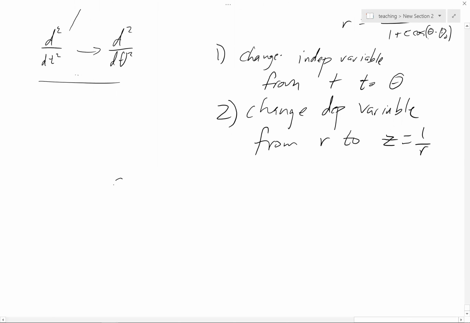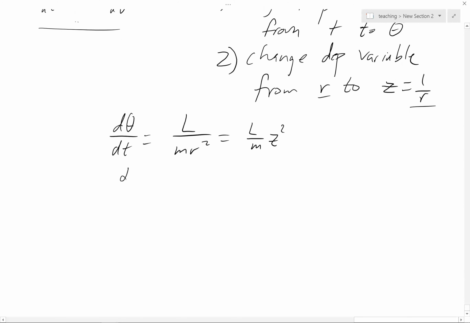So we have d theta dt is L over m r squared, which, keeping in mind I'm going to change r to z, would be L over m times z squared, right? So I'm going to divide both sides by d theta. I mean, that's really a chain rule thing, but that's why Leibniz invented this notation, so that you could kind of do screwball things like this, and it really works. So my change of variable formula is d dt is L over m